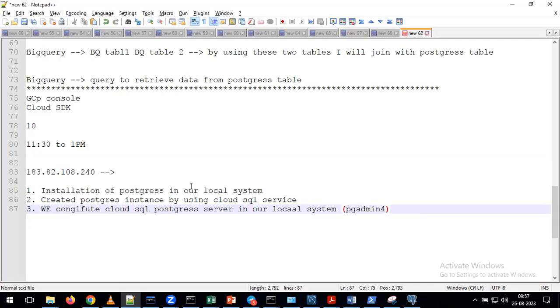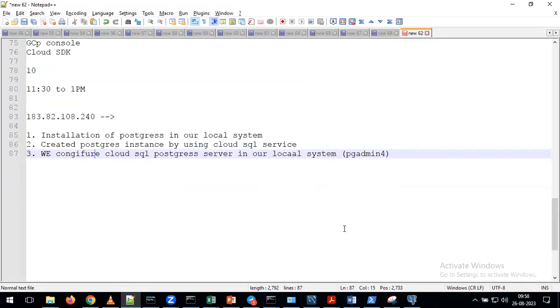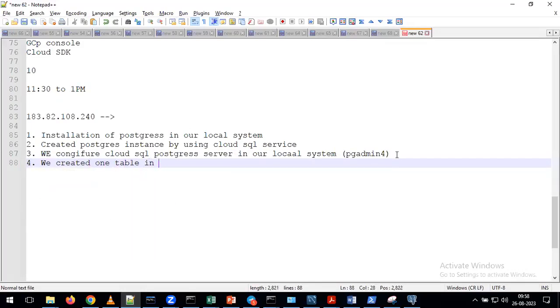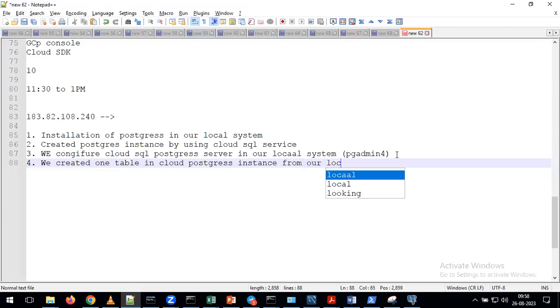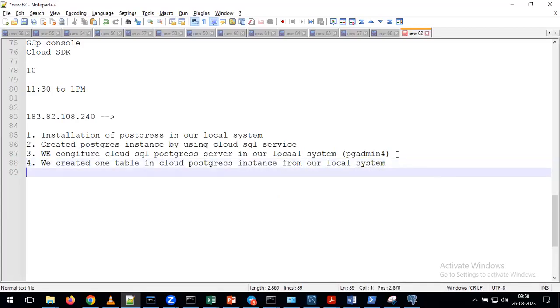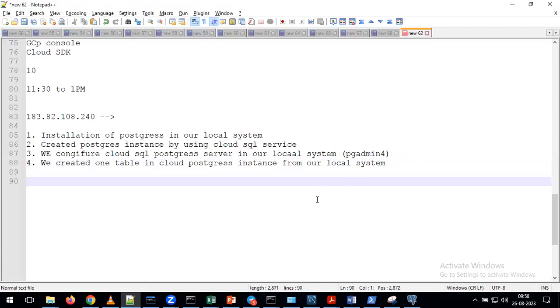After that, we created one table in the Cloud Postgres instance from our local system. These are the four activities we completed so far.